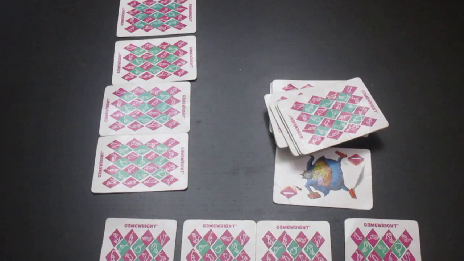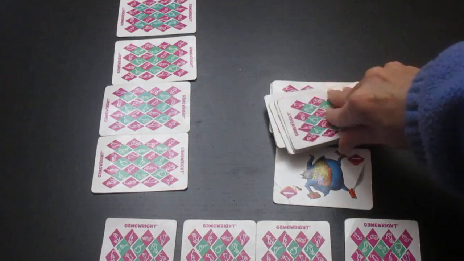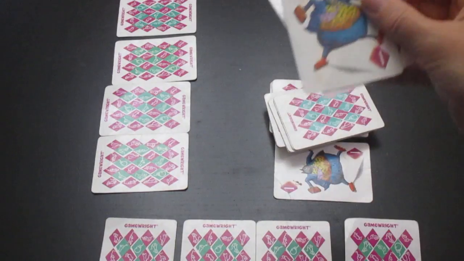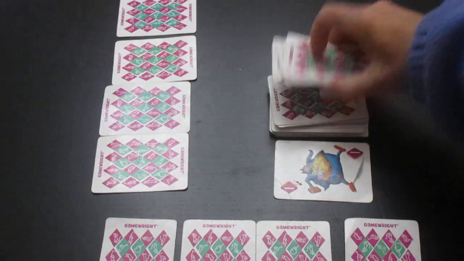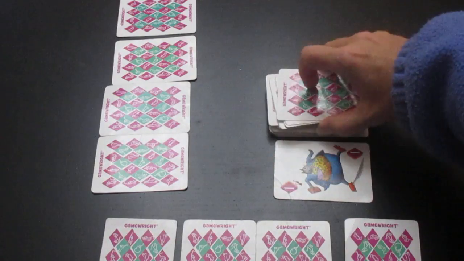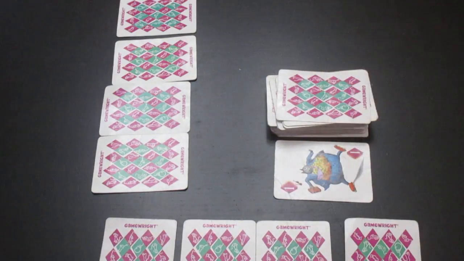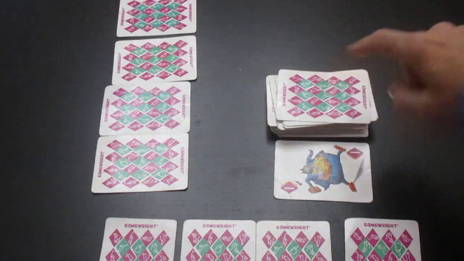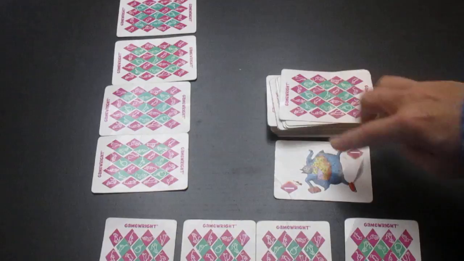Now, these cards have point values associated with them. So in this case, this is 1 point, or they have a bunch, 5 points. Their goal is to end the game with the least number of points in front of them. So we've dealt 4 cards, we put the rest of the cards in the middle, and we turned over the